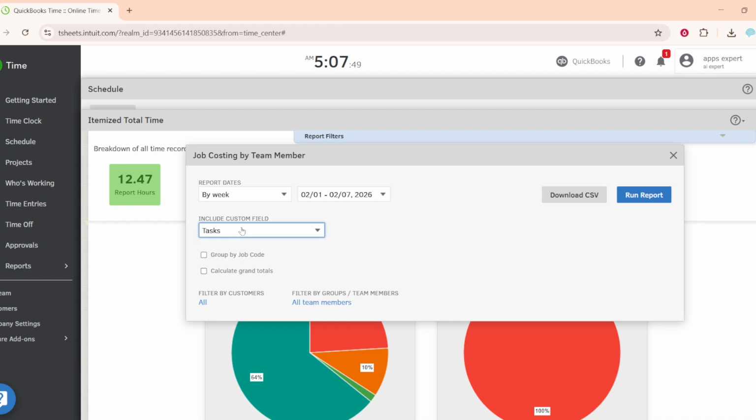Use the Group by Job Code option to organize the results by job or project. Grouping this way makes it easier to see totals and compare time spent across different jobs, especially if you're managing multiple projects at once. If you want a quick summary, check the box for Calculate Grand Totals. This adds a clear total at the bottom of the report so you can quickly gauge overall hours and costs